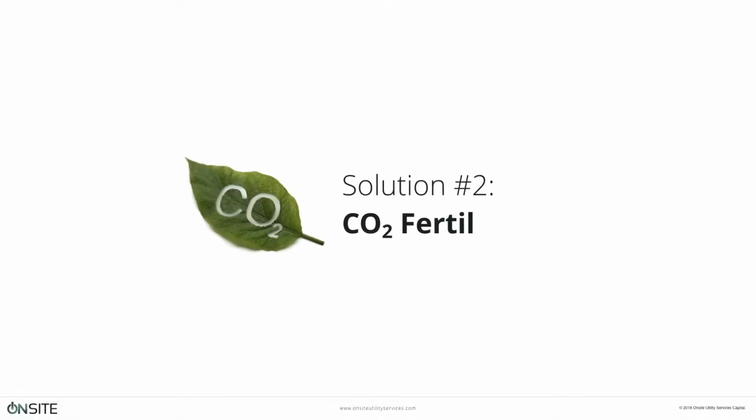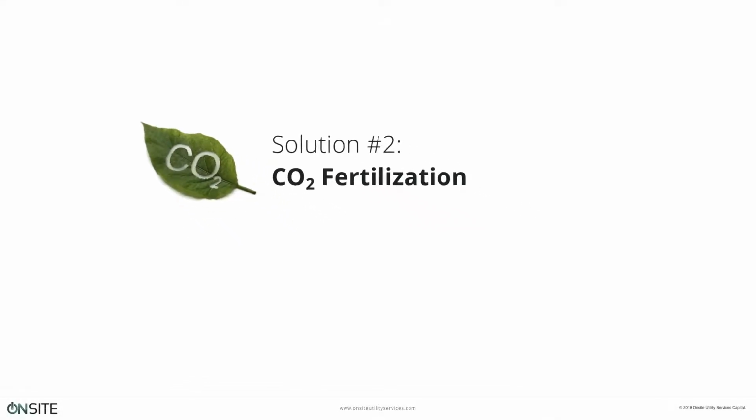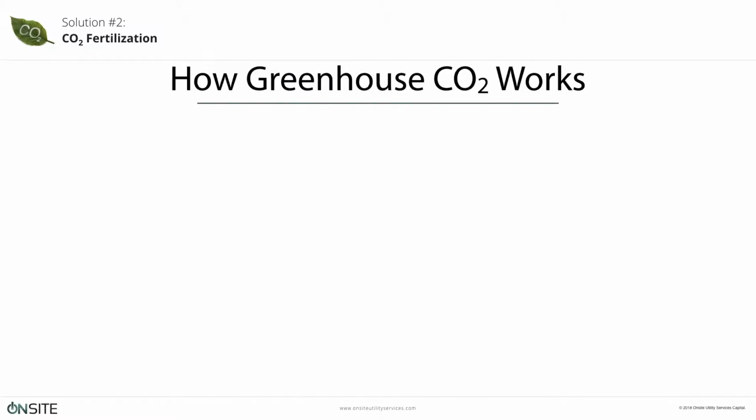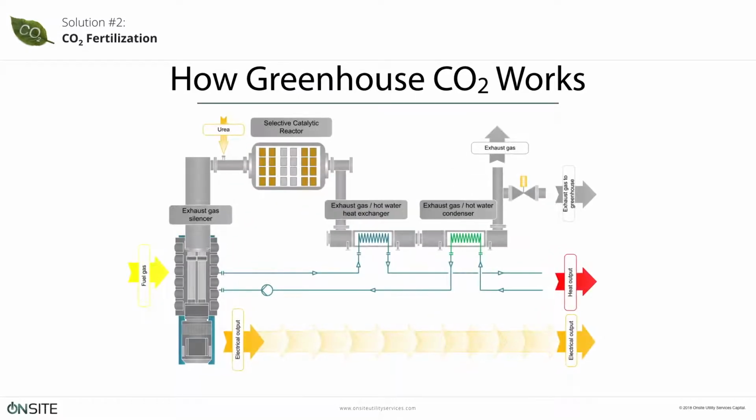The second solution, carbon dioxide fertilization. Here's how greenhouse carbon dioxide works. The main equipment in this solution is a cogeneration unit based on a gas reciprocating engine. The high electrical efficiency of the gas reciprocating engine, in the range of 40 to 45% depending on engine capacity,